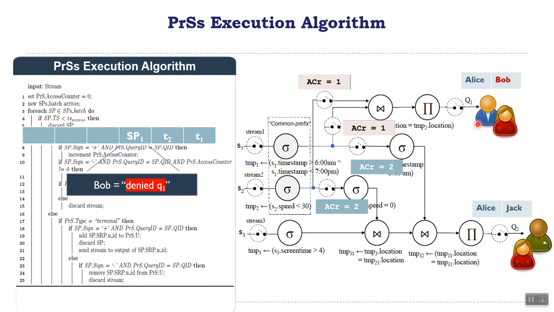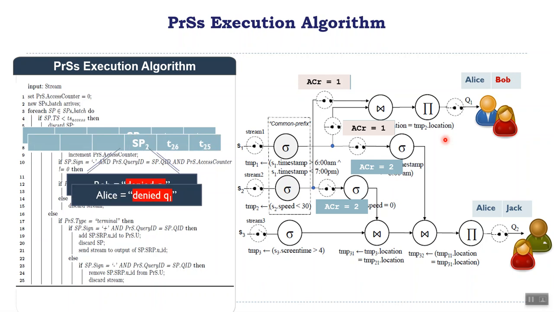And the terminal switch that keeps track of how many users are accessing the output will deny access to Bob, and only Alice will continue to receive the output of query 1. If later on it happens that Alice is denied access to query 1 as well, then again the counters are going to decrement, and if they reach 0, that means that there is a total loss in this branch, and